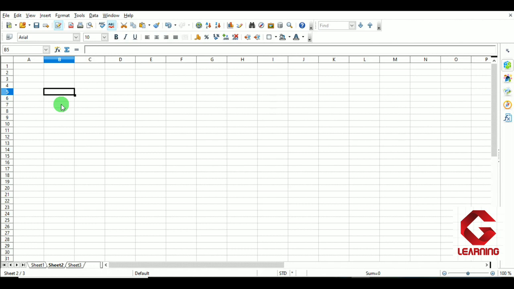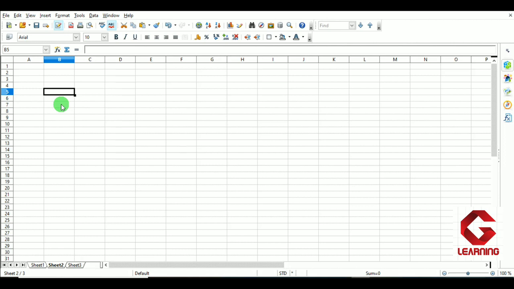So here, one worksheet in the OpenOffice Calc workbook I have opened, and now I am going to create one hyperlink in the cell B5, and when I click on that hyperlink I will be able to open another document that is available in my computer memory. So that I am going to do in this topic.